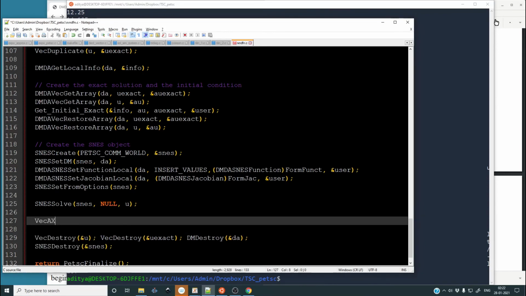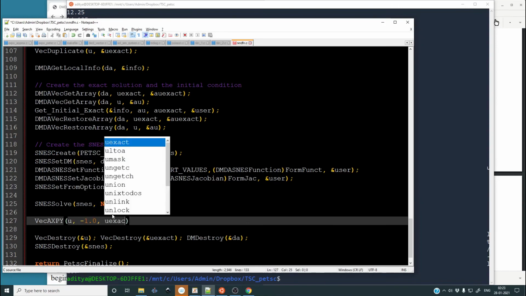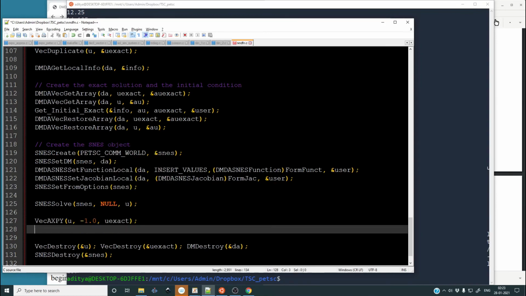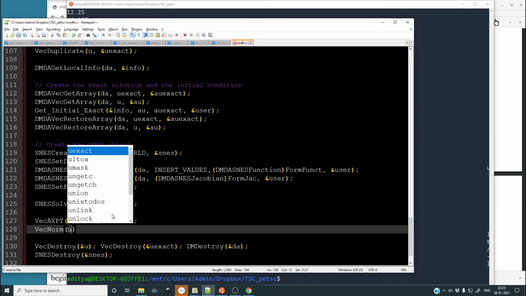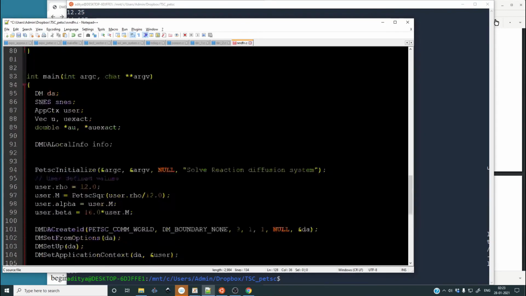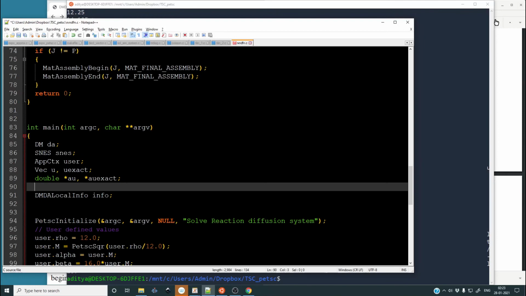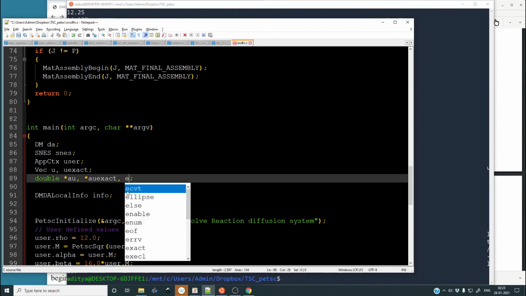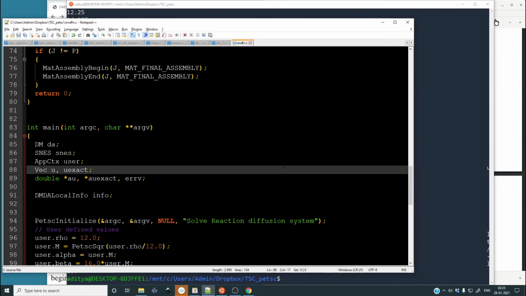VecAXPY u comma minus 1.0 comma u exact, and we will return the norm. So VecNorm u comma NORM_INFINITY and put it inside some err variable, and the err variable has to be of kind double. Okay,